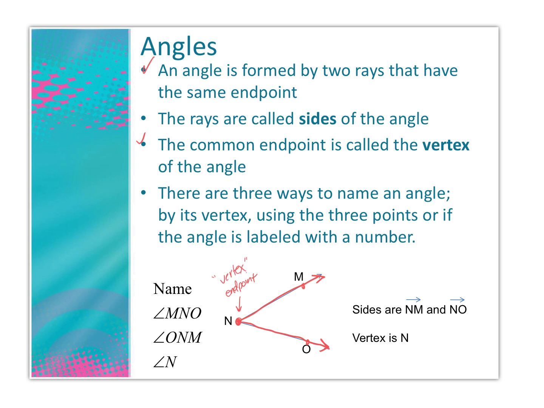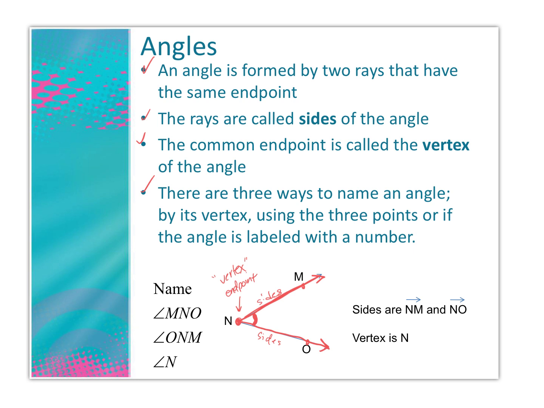These two rays make up the sides. So this is one side of the angle, and this is the other side of the angle. And so the angle specifically is this measure right here. How open are those rays? How closed are those rays? And so again, we get to the last thing here, which says that there are three ways to name an